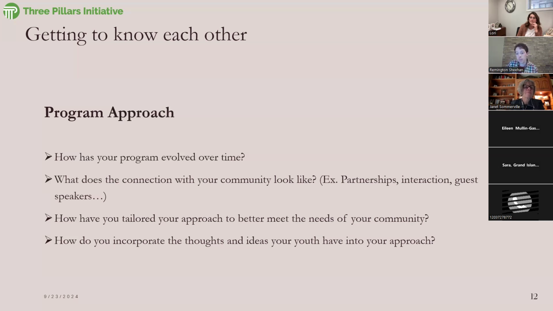Maybe it's they want to learn more about different aspects of the community. And so I think there's a lot of different parts to these types of questions that we can always ask and see, okay, what is it that the students are asking or saying, or what are their thoughts? But then also maybe there's a nugget of information that we can take from that question or that interest and apply it to our approach in a plausible way. So I think those are all good things to consider with that.